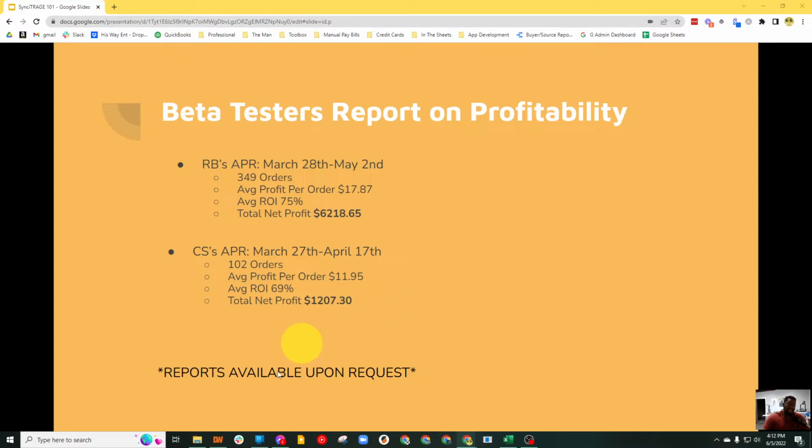Returns aren't counted. And I can send you guys these reports if you want. They'll be anonymized, and the order numbers will be stripped from them. But the ASINs will be there, and you can look at Keepa and see where they bought and where they sold on all these items. And I can furnish those upon request. That's not a problem.